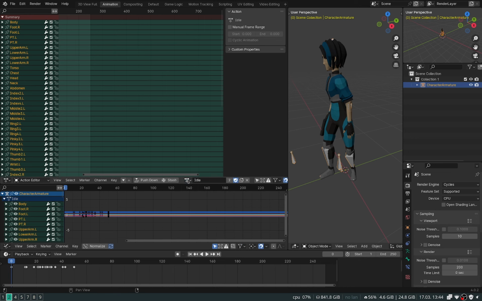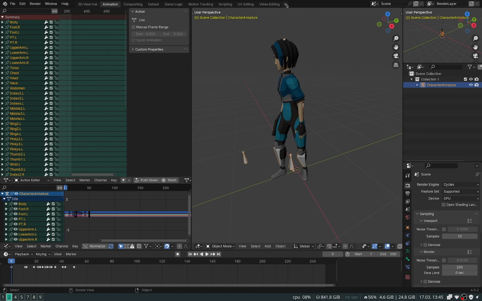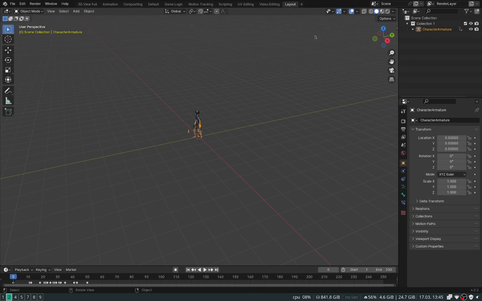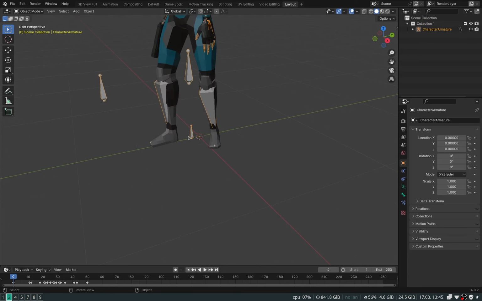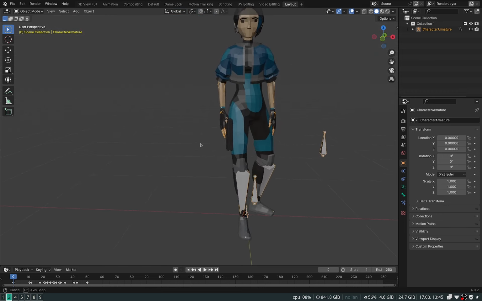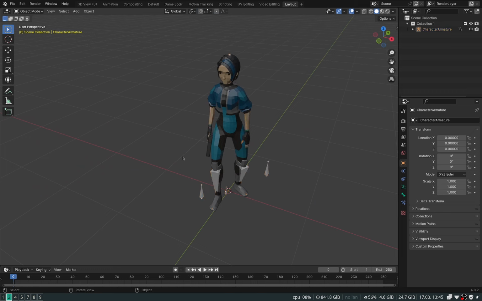We're going to be exporting these with our skeleton, but for now, I'm going to go up to get a different view, and I'm going to click plus, add a workspace, and under general, I will go to layout. We'll zoom in. Okay, so here is our character, and the way that this